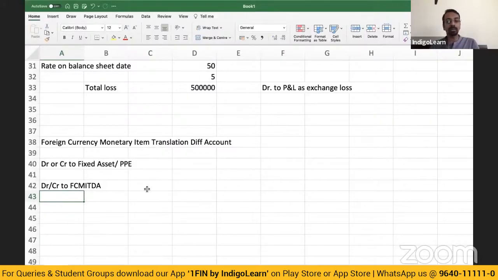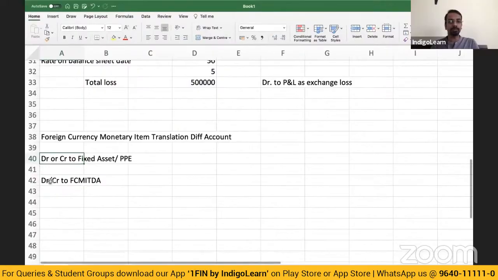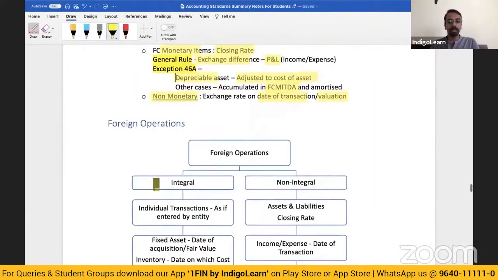Okay. Now, what will you do with this balance of the FCMITDA account? Over the life of that asset, you will amortize it systematically. Now, such depths of questions are not tested in the examination. If you just understand that it has to go to the FCMITDA account, or if it is related to a depreciable asset, you will debit or credit it to fixed asset, that is sufficient. Okay. Right. Moving on,